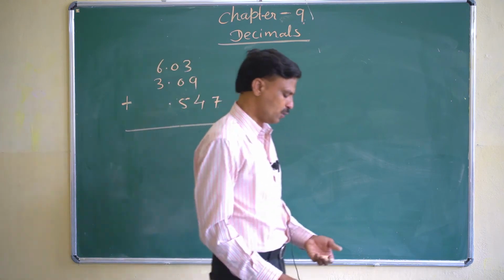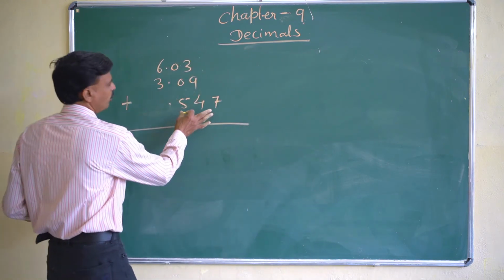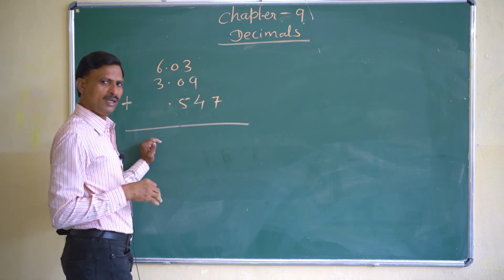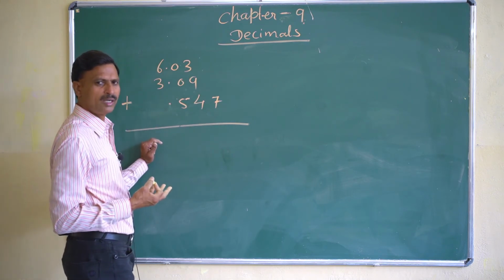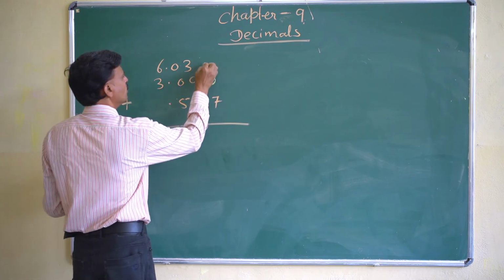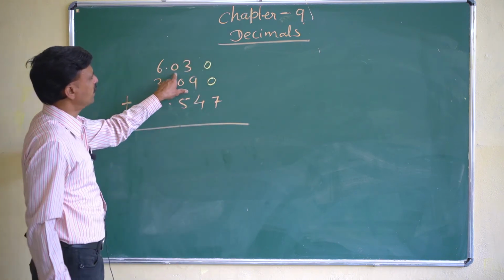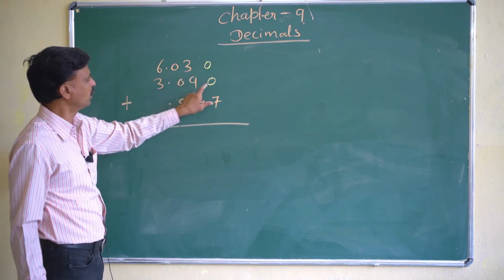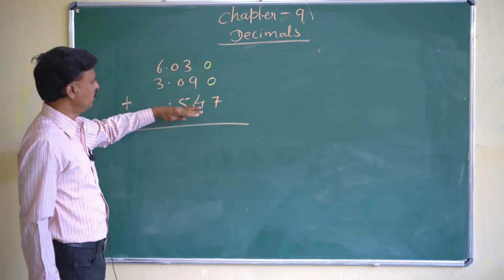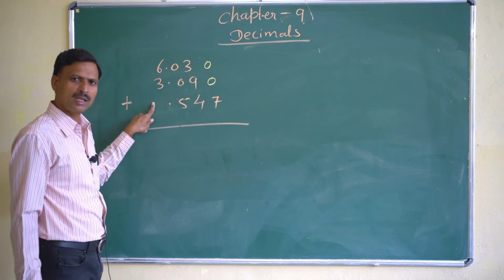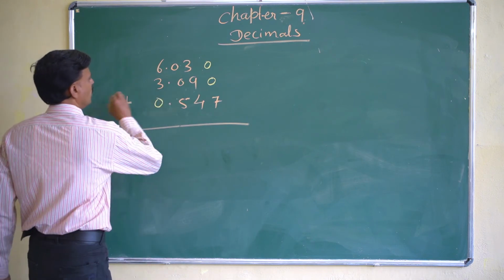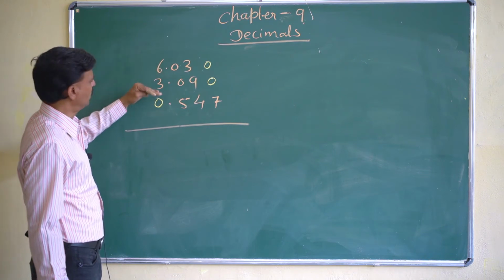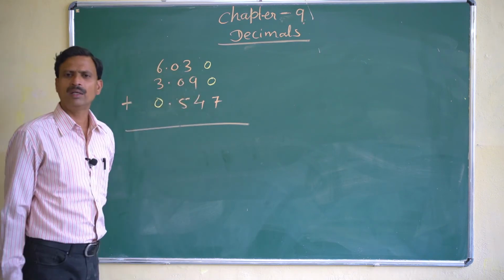Okay, so what will we do? Very easy. After decimal, how many digits are there? 3. So the other two numbers we will also convert to 3 digits. What will we write? We'll write a 0 here and a 0 here also. So after decimal, how many digits will there be? 3. 1, 2, 3. This also 1, 2, 3. And before the decimal, in the whole number part, nothing is given, so we can write 0 here. Now all three have 1 digit in the whole number part and 3 digits after decimal.